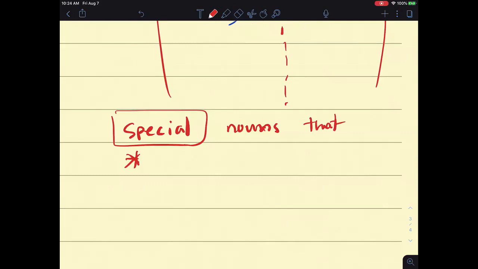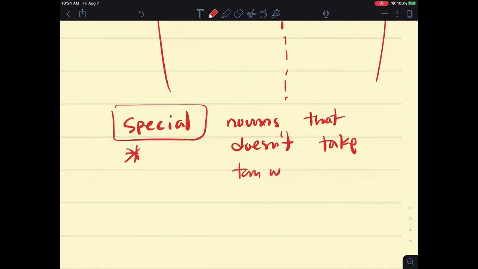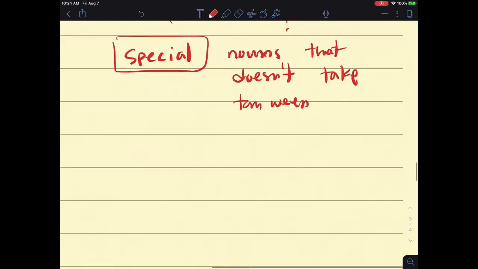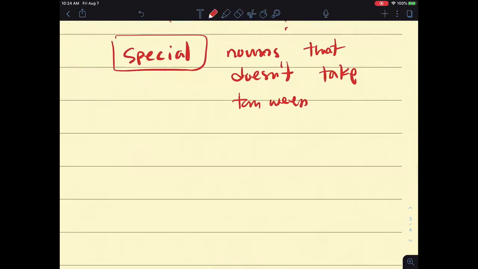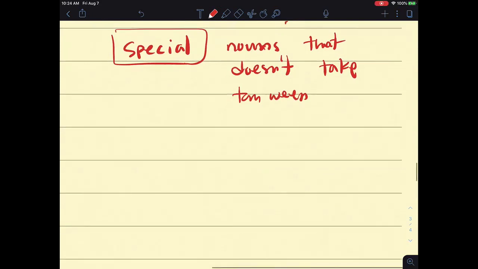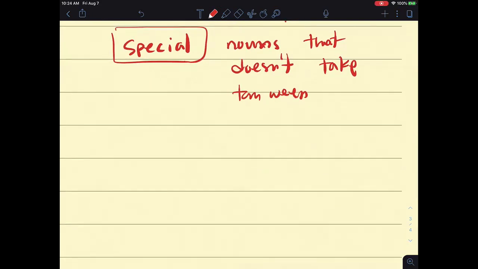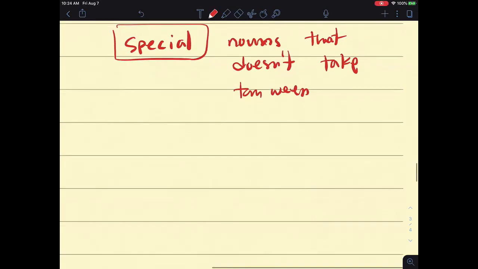that don't take tanwin. Don't make this topic too big a deal right now, because it is a big deal, but right now, in the book, it's not. This is not our whole topic. Our whole topic is prepositions, and I'm going to go back to the prepositions and to the book. But because the book introduced this thing slowly, we have to understand there's something called special nouns. That's good enough for now. So what are the special nouns? Number one, there are a lot of them. Number one is